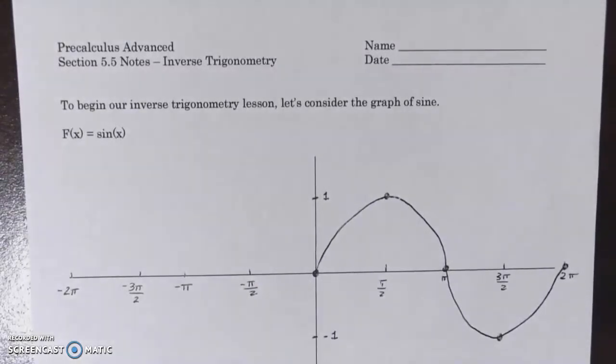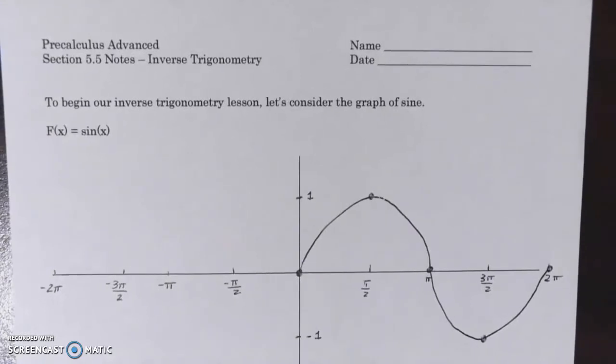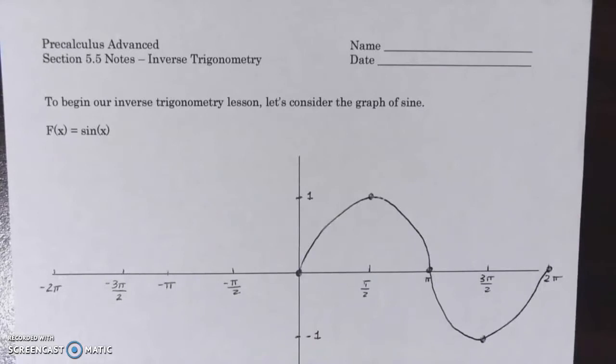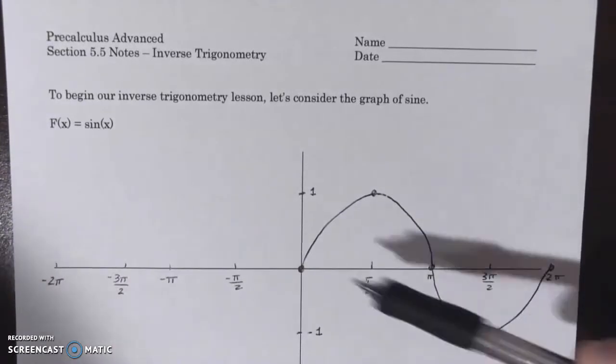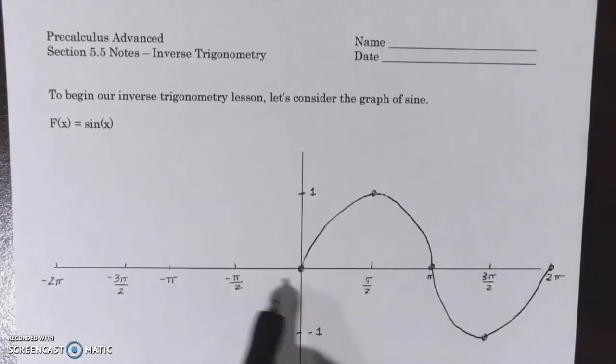Alright guys, we are going to jump into our inverse trigonometry lesson, section 5.5, and we begin by considering the graph of our parent function, sine of x. Now, I've taken the liberty of drawing our normal one cycle of our parent function from 0 to 2 pi. I also, and you'll see why in a little bit when we get talking about inverses, I've also labeled back